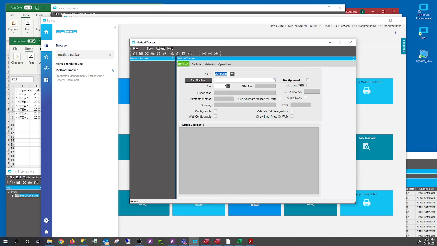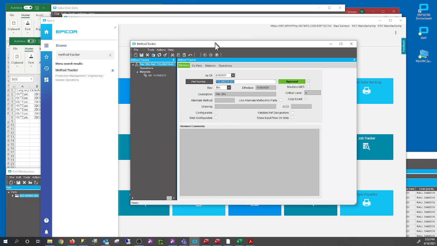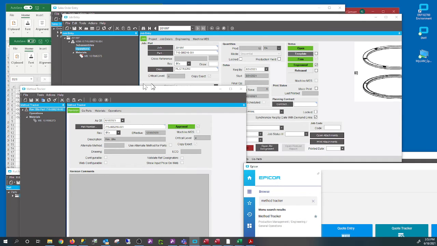Click it, and then assign that job in here. We'll see if that operation exists. As you can see here, there are no operations for this part number. That's why it does not have operations here either.